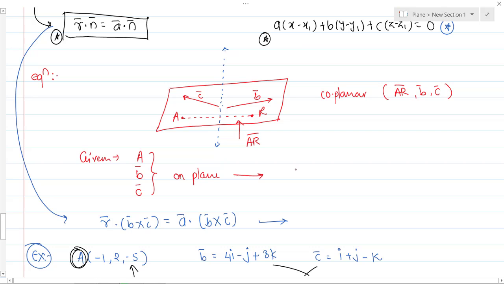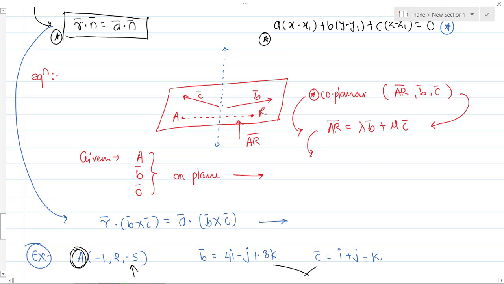The coplanar vectors are the vectors which are lying on the same plane. This we have studied in the vectors. Okay, and if the vectors are coplanar, then one vector can be expressed as the linear combination of the other two vectors, so lambda b bar plus mu c bar. If the vectors are coplanar vectors, then one vector can be easily expressed as the linear combination of the remaining two vectors. This was the first theorem which we have studied in the topic vector. I hope you remember this.